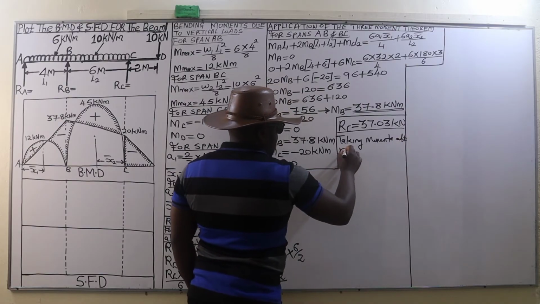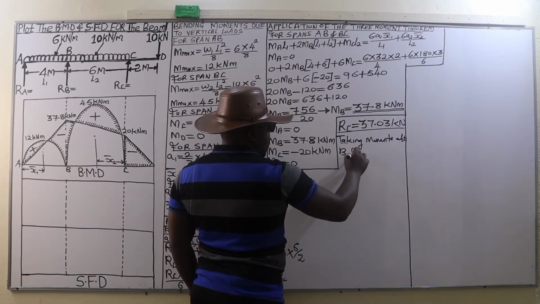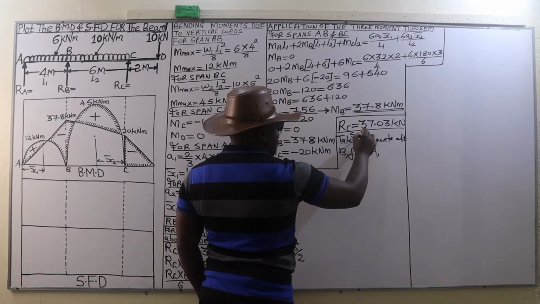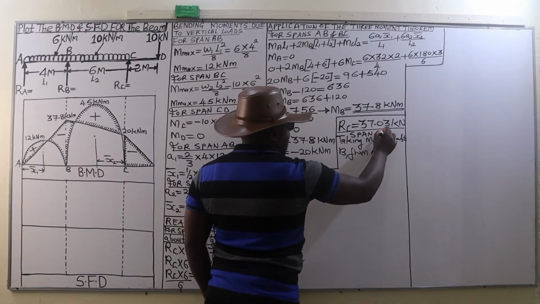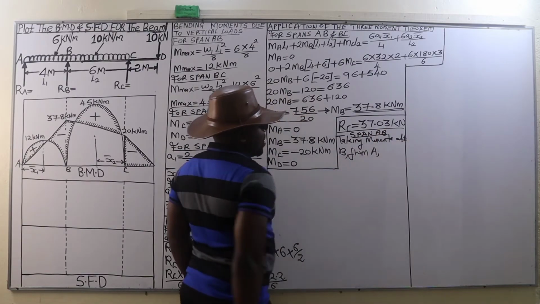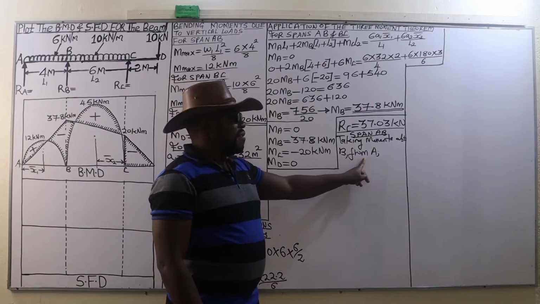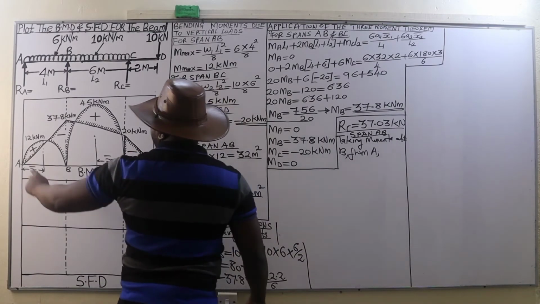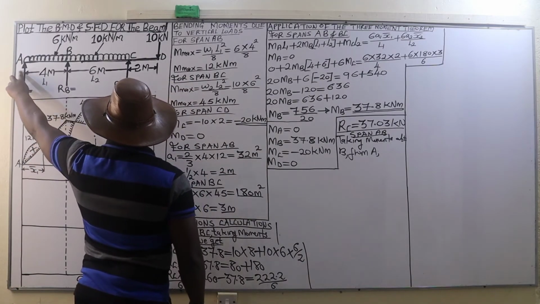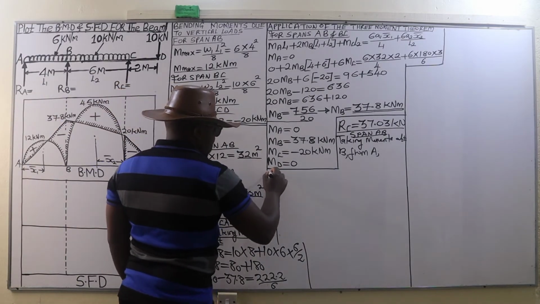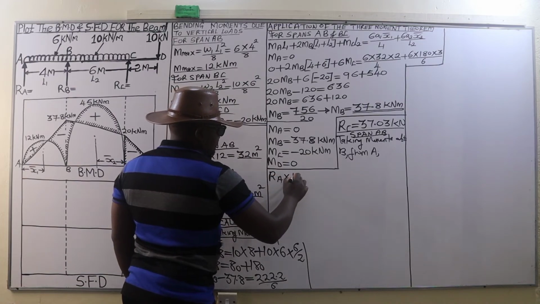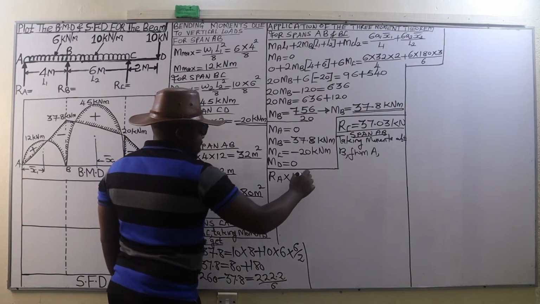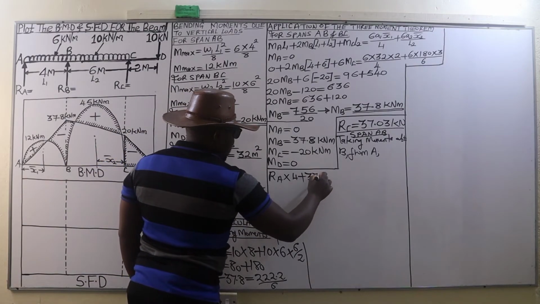Then from there, we are going to take moments about B from the support A. And in this case, this is for the span A to B. Therefore, for the span AB, we take moments about B from A. And in this case, we are going to have the following. Clockwise moment, RA times the distance from A to B, which is 4. So that is RA times 4 plus the bending moment at B, which is 37.8